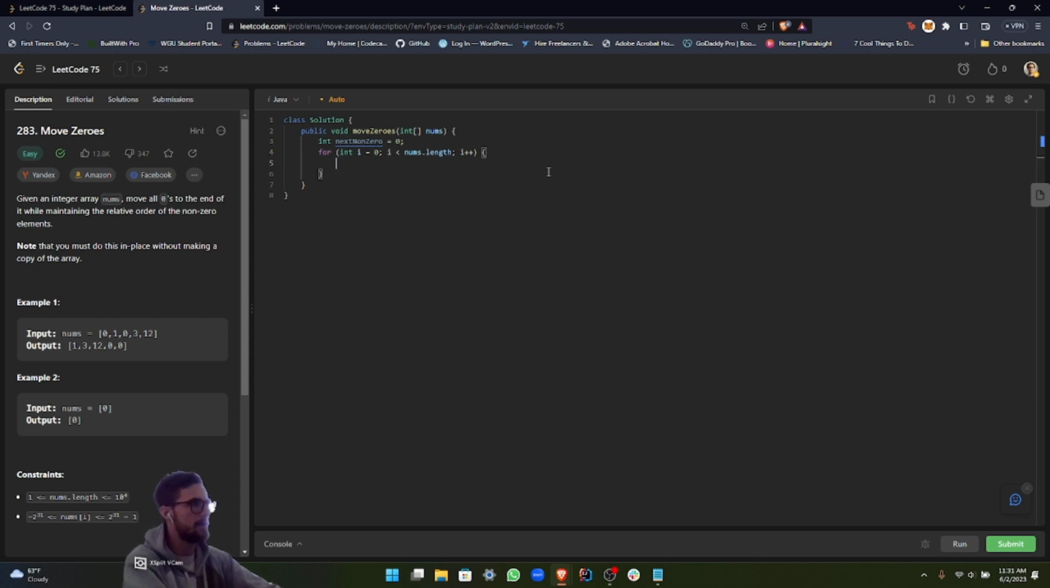Okay, and then basically what we want to do is check if nums at index i is not 0. Then basically what we're going to do is use nextNonZero to figure out where all the non-zero numbers are going to be placed at the front of the array. So we're keeping track of where we should place the non-zero numbers, and we're going to do this using a temp variable. So int temp equals nums at nextNonZero,